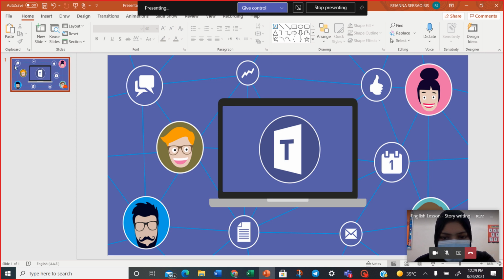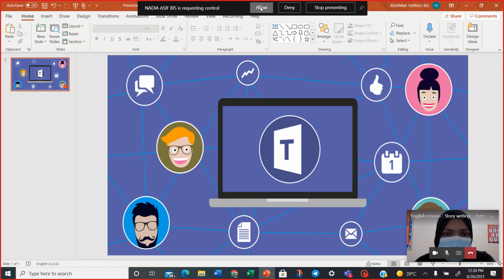Now, as you're sharing the screen, in case somebody asks for the control, it looks something like this. Miss Nadia is asking for the control, allow or deny. If it is a teacher, you can allow the control. If you don't want someone to control your screen, you can click on deny. Right now I'm going to click on deny. I don't want Miss Nadia to control my screen. But if Miss Nadia asks you to allow, you may click on allow like this.